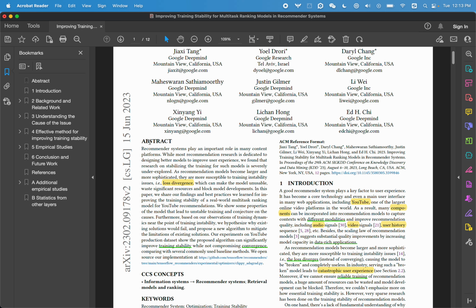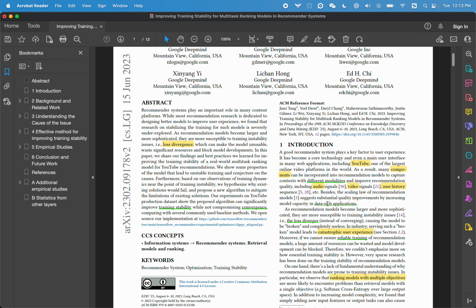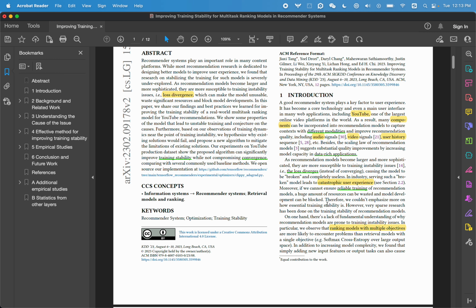You can see the problem they are facing is on YouTube recommendation. Sometimes they do multimodal learning, which is putting in audio, video, user history, and maybe other inputs simultaneously. They try to understand every essence about the user and the video, and with all that understanding, they can make better recommendations. But